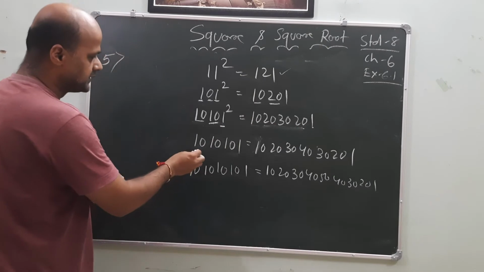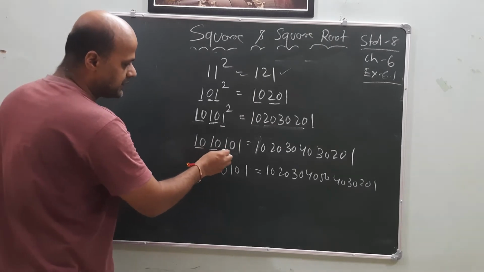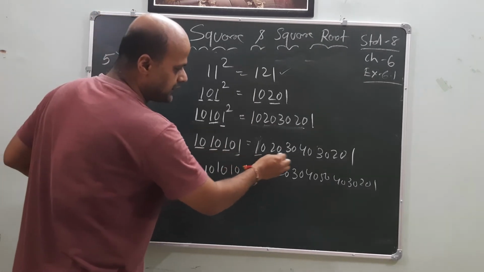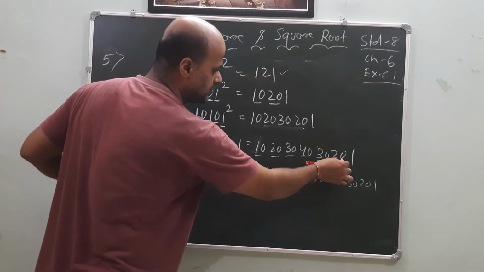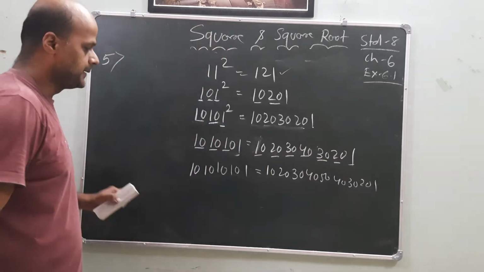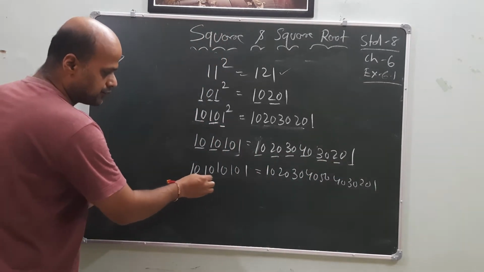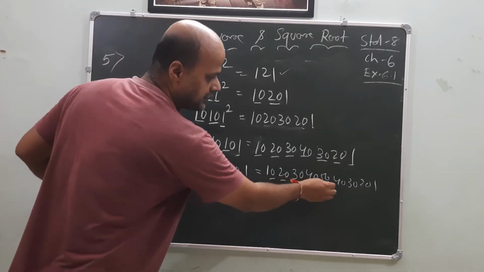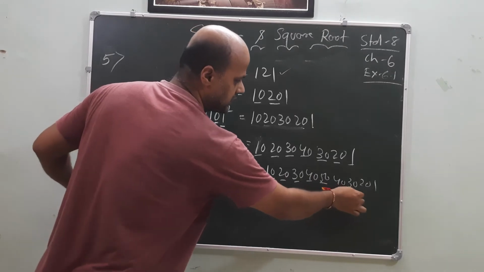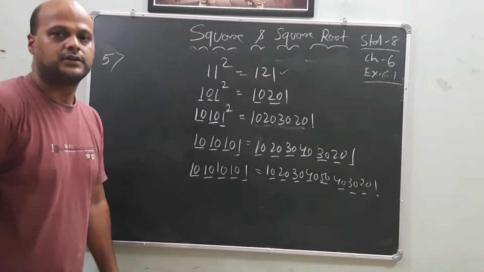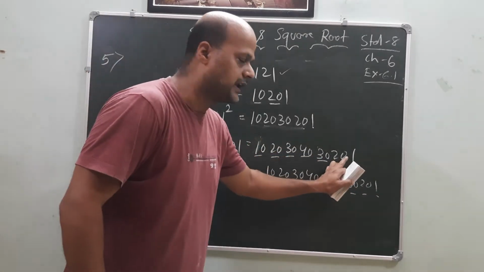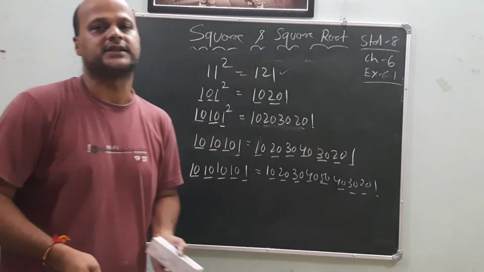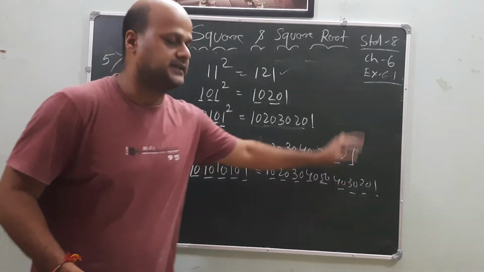Okay? Next. 10, 20, 30, 40. Reverse. 30, 20, 10. Okay? Next. 10, 20, 30, 40, 50. Reverse. 40, 30, 20 and 1. At the last it is not written again 0, 1. It is 1 only it is written. That's why it is written like this manner.